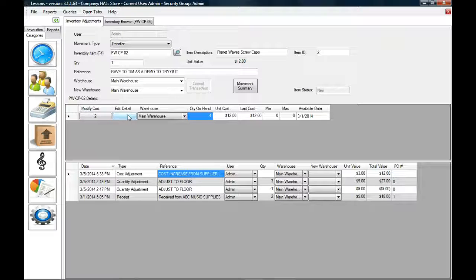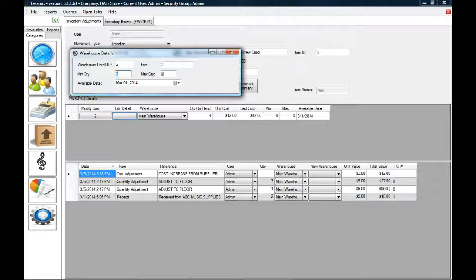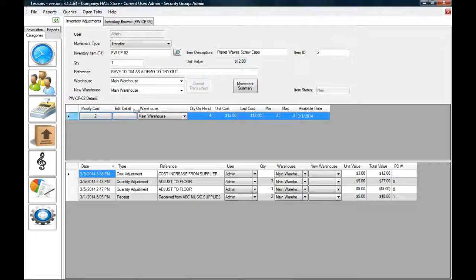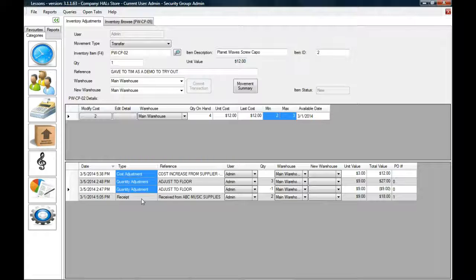Now editing the details, that's just going to change your min-max of the item. So if we want a min of 2 and a max of 3, just throw it in and hit enter and you're done. You'll see the min-max showing right there. And down here is just going to show all your movements for the item, including the quantity adjustments that we just did. Now for instance, if I was to go in and sell this item,